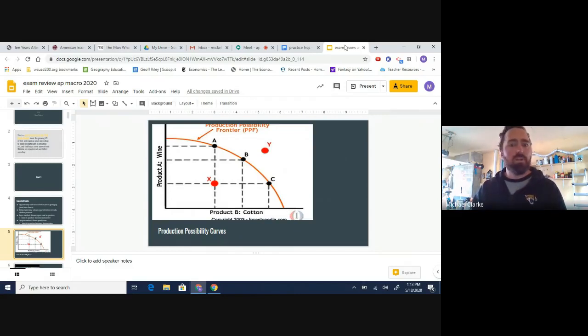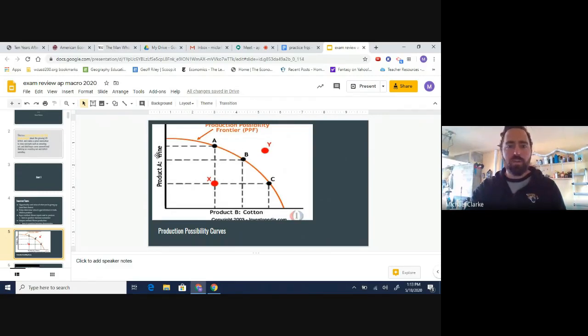If you're operating along point A, B, or C, that's efficiency. That's showing that given your factors of production, you're being efficient. You're maximizing your land, your labor, and your human and physical capital. Now, you can produce at different points along this PPF, meaning if you're producing at point B and wanted to produce at point A, well, that means you're going to produce more wine.